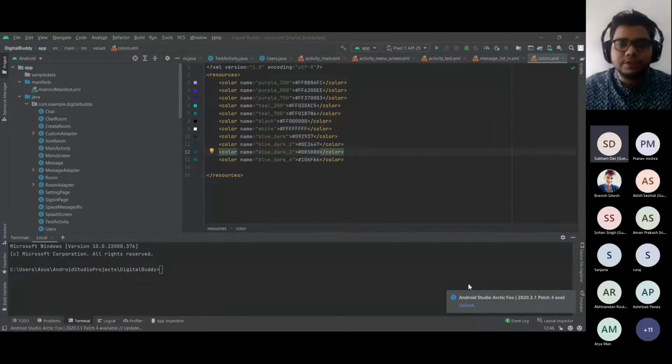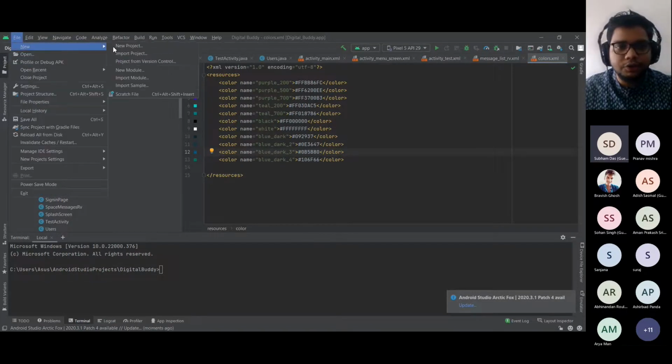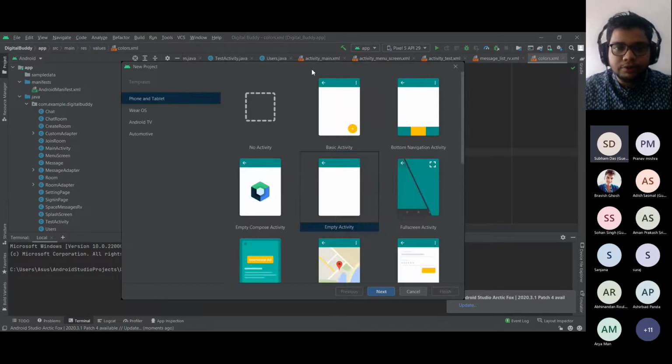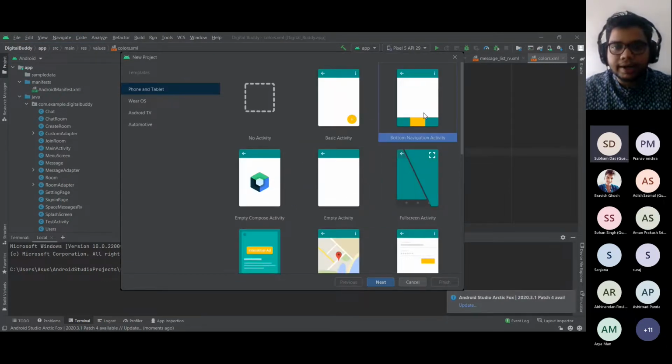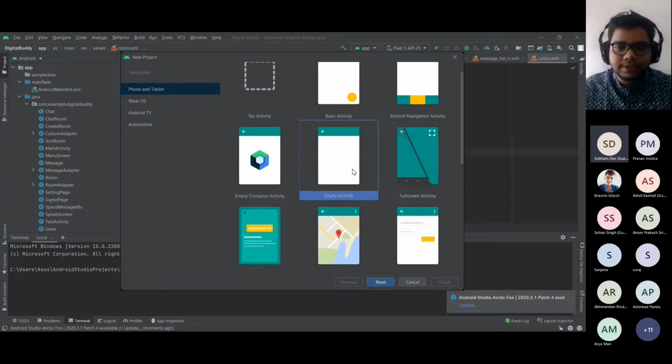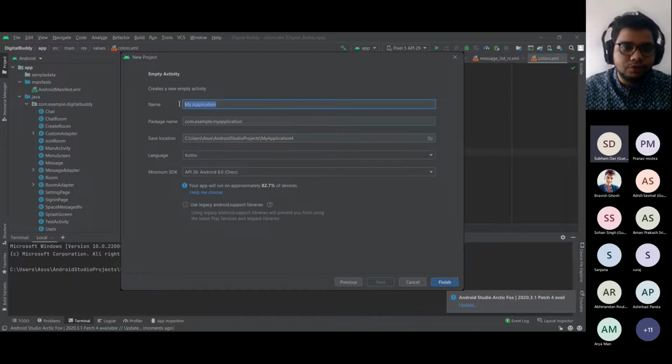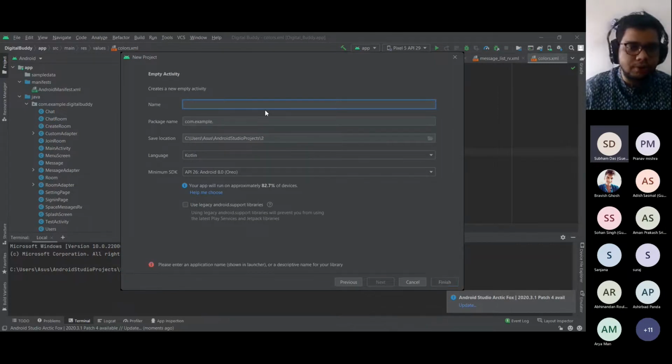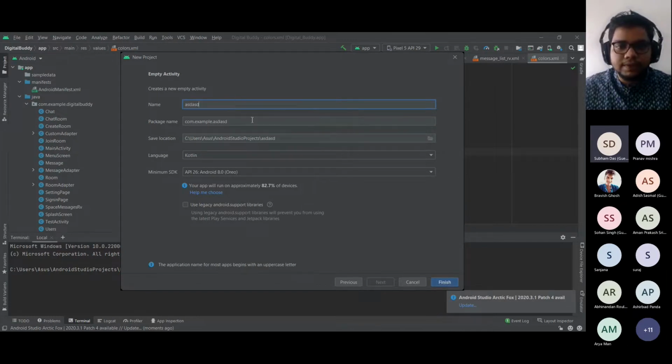I hope my screen is visible now. This is actually Android Studio that you'll be using. So you can go to File, New, a new project, and there you have to select an activity, which will be a basic template provided to you. In general, you can select empty activity and click next and give the name of the application. Once you install, this is how you'll be starting to create your application. So you can give a name to your application.